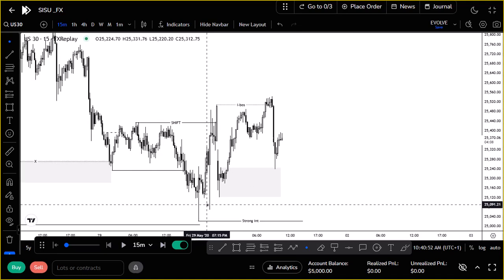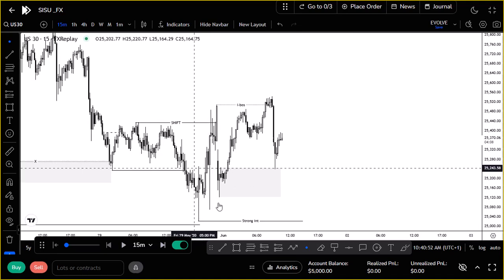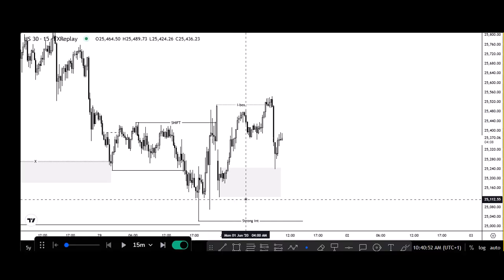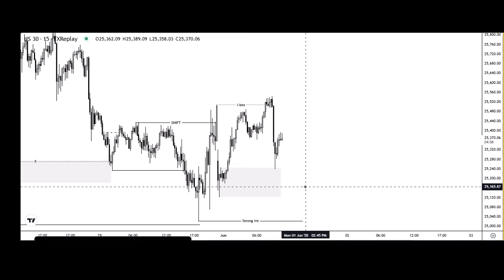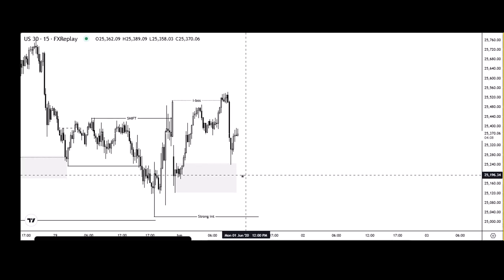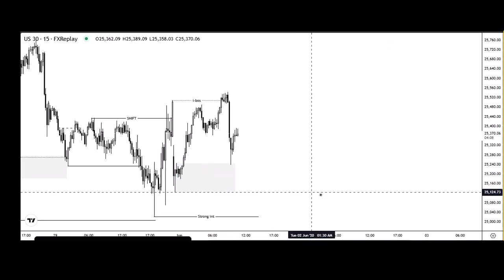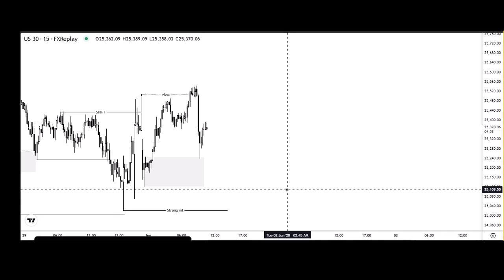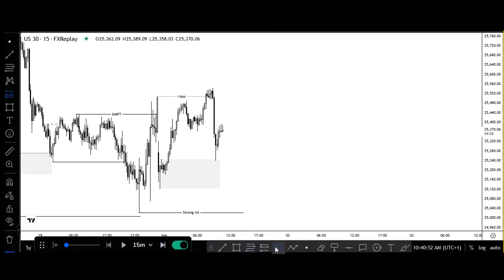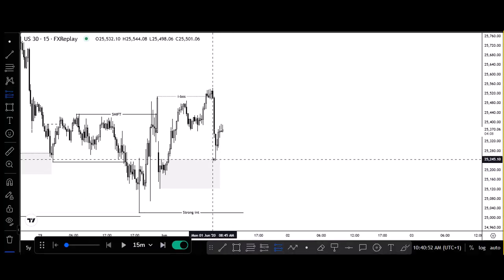So mitigation, all this candlestick has been mitigated. This black one, we can still have some orders in this weak area, right? We can still have some orders, but this is the last zone that is very, very obvious even for a beginner to spot. So that is why I mark out this particular zone. So now I will do two things: wait for my entry model to form, or let the trade go, right? I don't want to be aggressive.